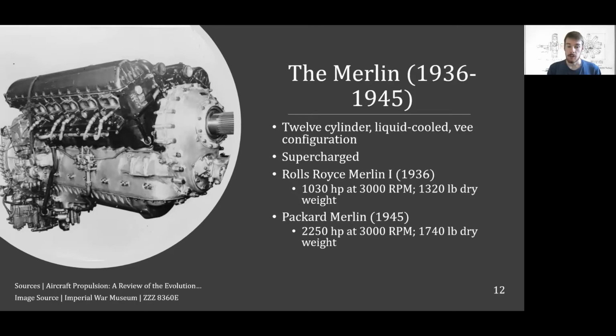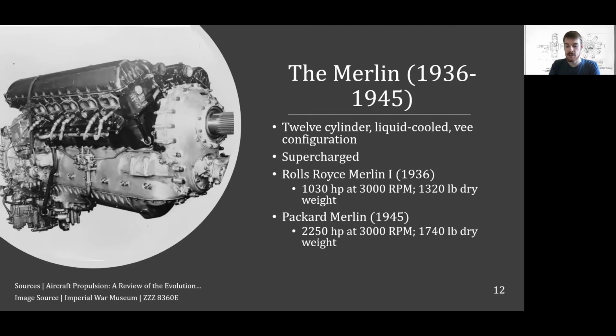It was a V12 engine, which powered a number of famous aircraft in the 30s and 40s. An important engineering improvement is that it's supercharged. Superchargers, basically, they take some of the power that the crankshaft has, the rotating crankshaft has, uses that to power a centrifugal compressor,